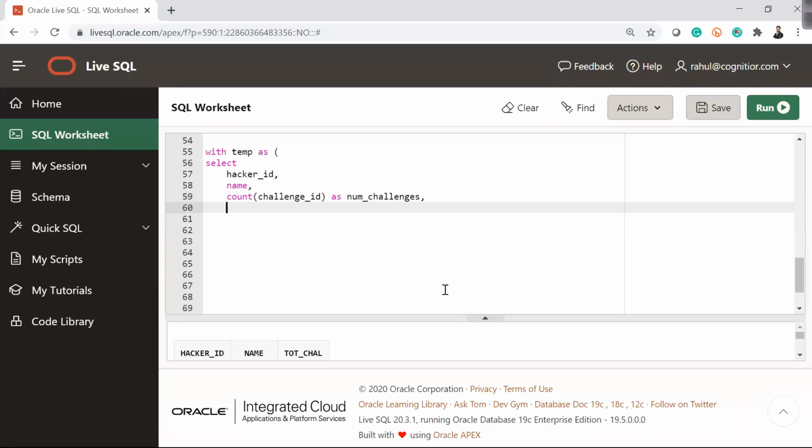And also I need the maximum, right? I want what is the maximum. So maximum count of challenge ID over, if you guys remember the analytic function, as max challenge.